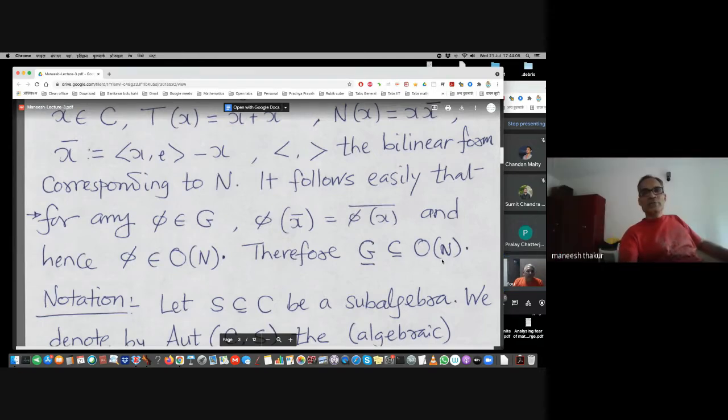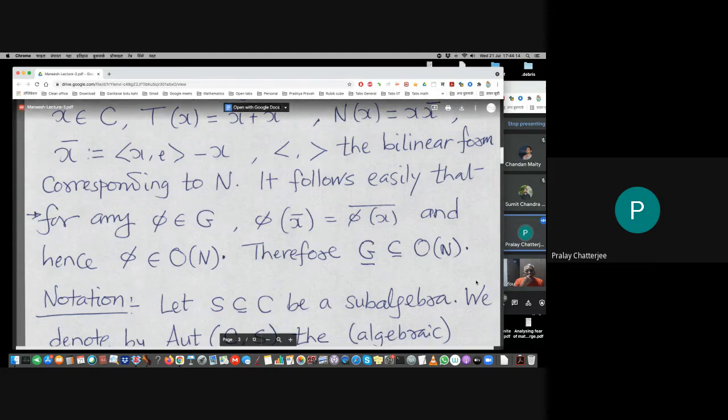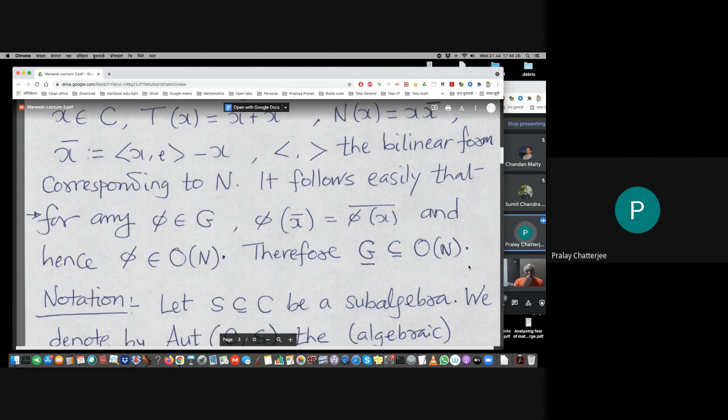So this is following from this line where you say phi of x bar is phi of x the whole bar. I understand that G is in O_N. So from that, how is G bar in O_N? No, Pralay, of course, we are using some theory here. I'm not writing everything. Of course, density of K points is being used there. But that's not true in general, no?